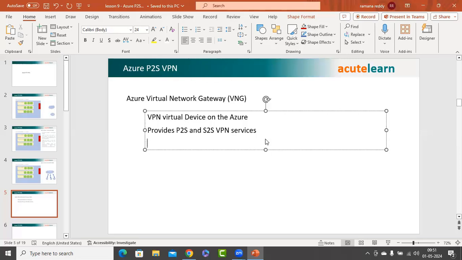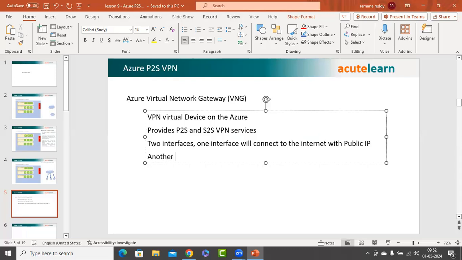And it will have two interfaces. One interface will connect to the internet with a public IP, and another interface with a private IP address connected to the VNet. So what happens in this case is